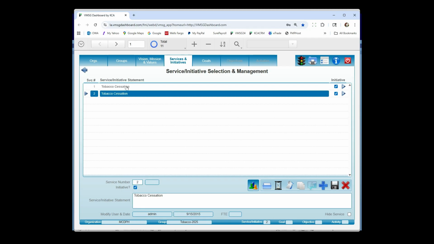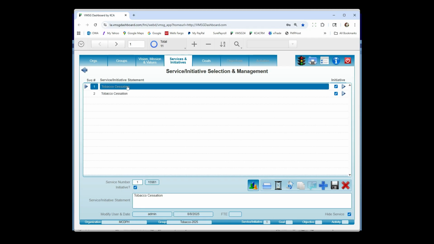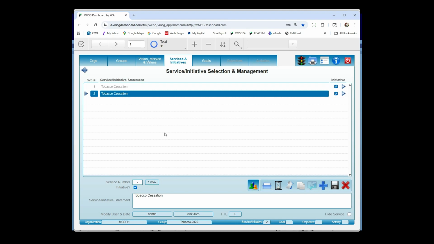Now you notice this one up here is grayed out. This was the old tobacco cessation program, let's say. And this hide service checkbox down here is basically an archive feature. If you are an org admin or a manager level user, you can see the hidden ones. If you're a normal user, you won't see it at all. The only thing you'd see is this new one we put in there. So that's what hide service is all about. It's basically an archiving feature. So I've got tobacco cessation as my